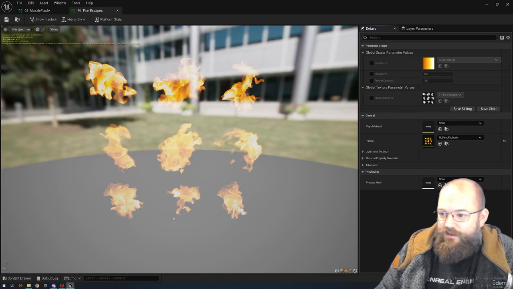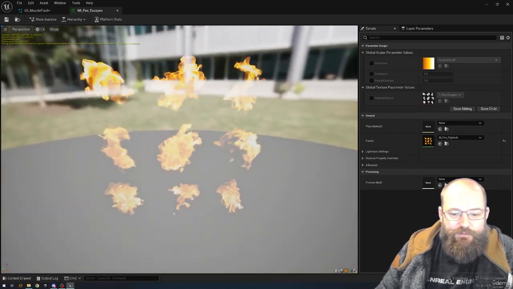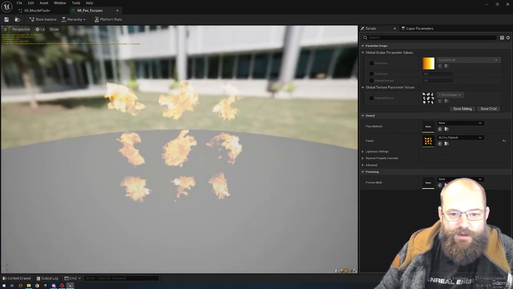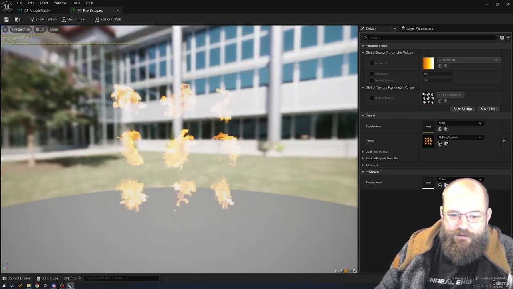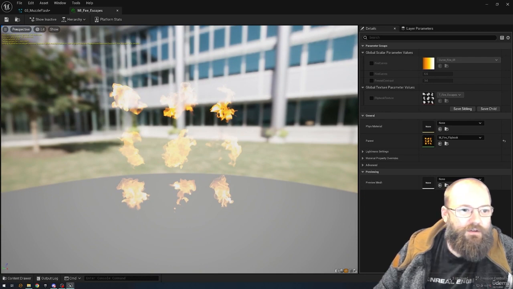I've called this Fire Escapes. This is from a fire pack that I made for the marketplace a while back. They're just flamey shapes. They're not designed to be animated. They're not designed to be combined together over time. You just pick one, and